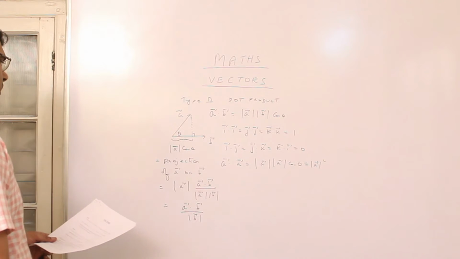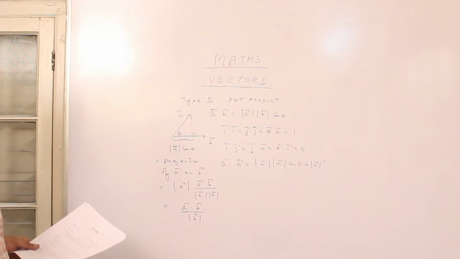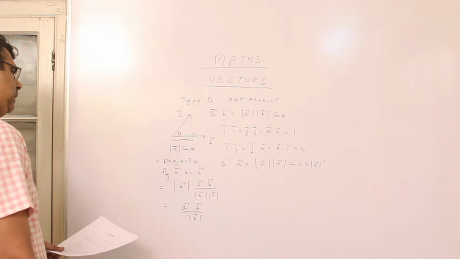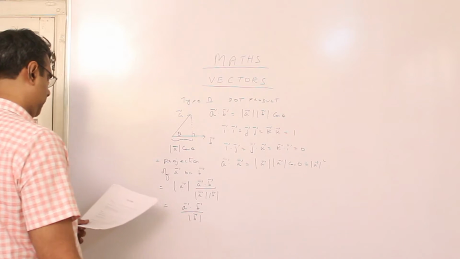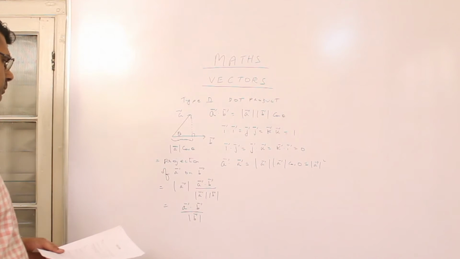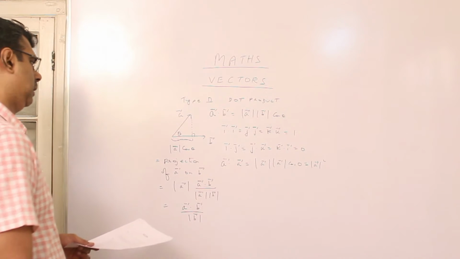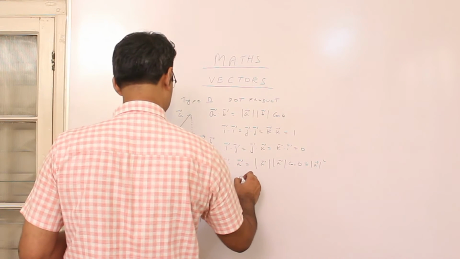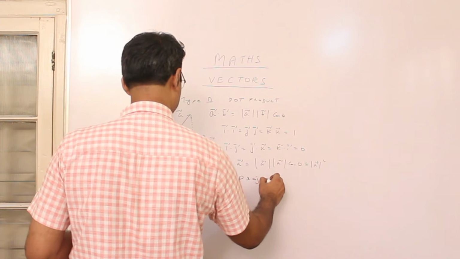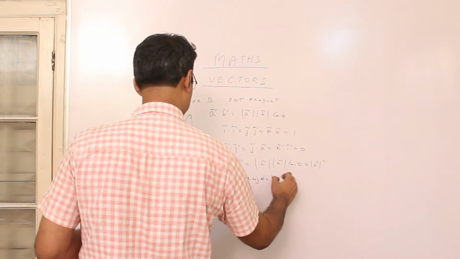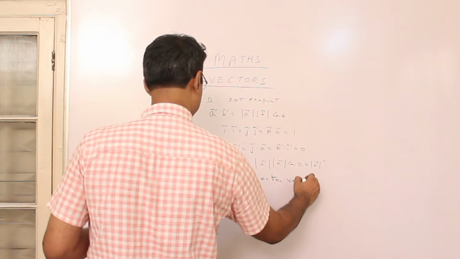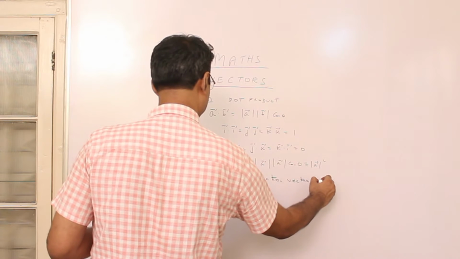So finally it's coming A dot B by mod B. This is a very, very important formula, the projection of A on B. Now sometimes you will be asked to find the projection vector